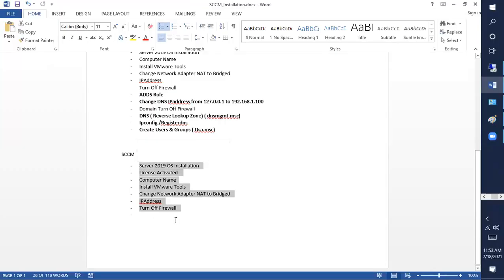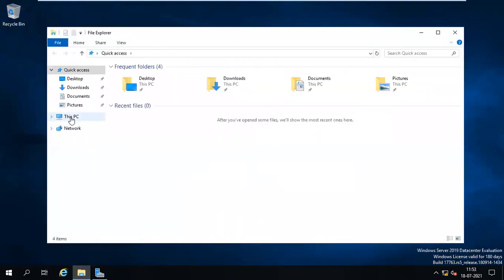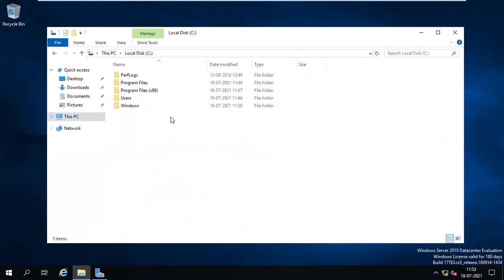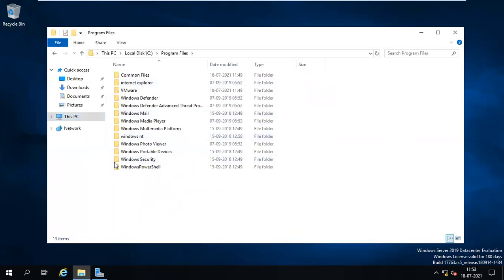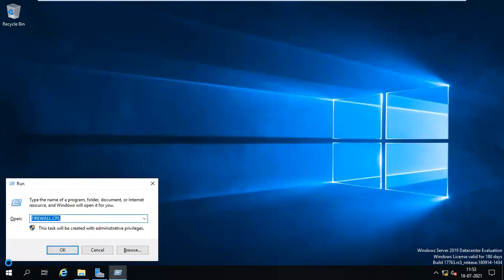So I have taken only 500 GB of hard disk initially, but I want to configure my drives now. I have only C drive. If you want to install SCCM on C drive, that's fine, but it's not a standard way of installing. It will come in C drive program files. Installation will work. But in production, what they will do is open the disk management, like our component manager,